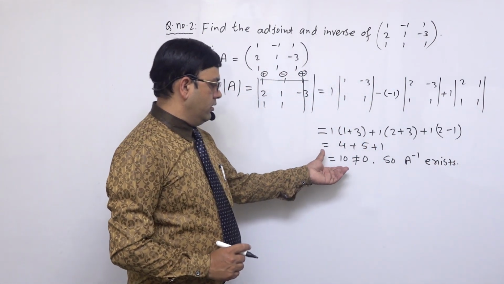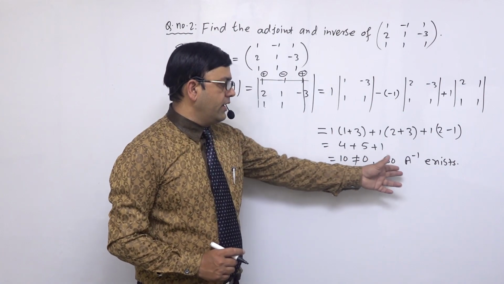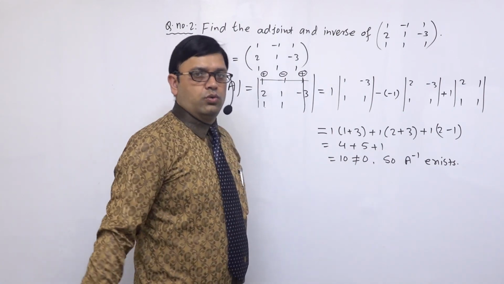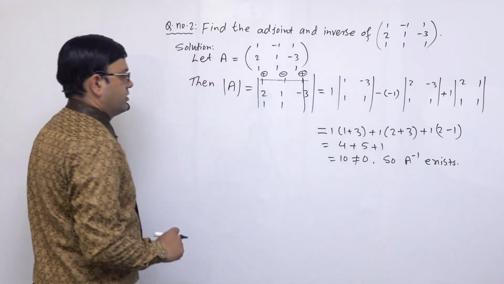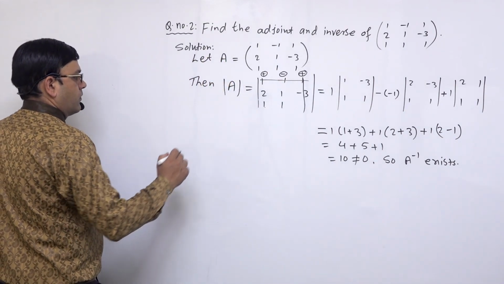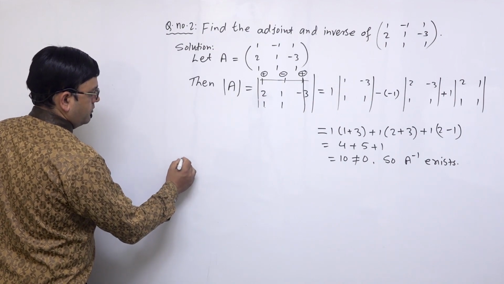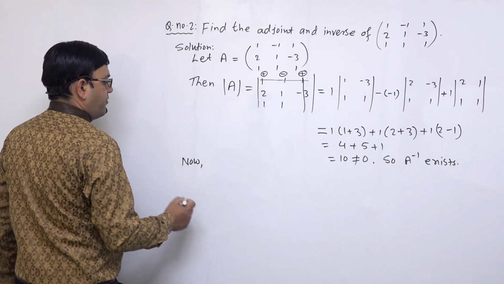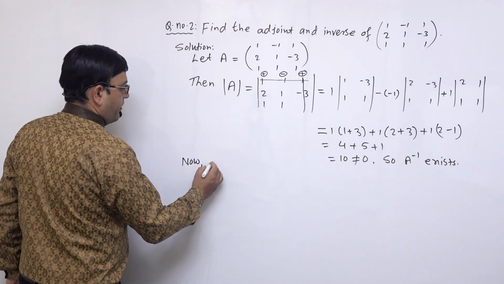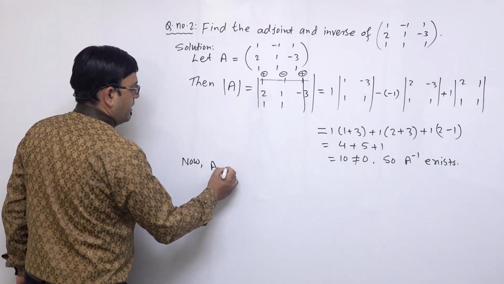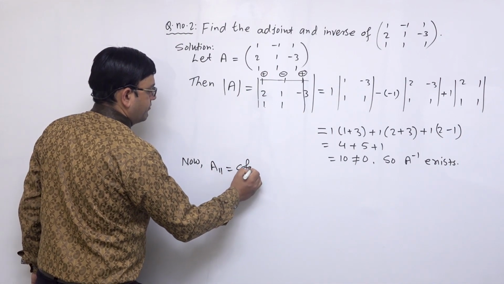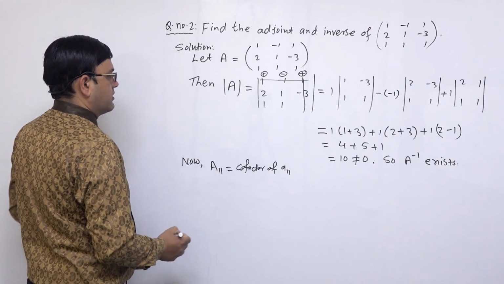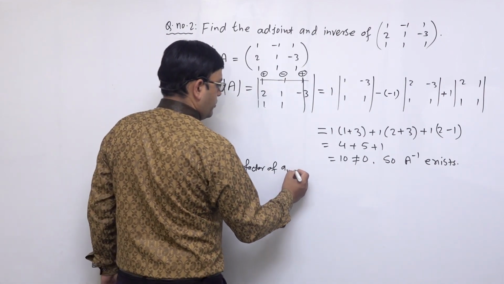If the determinant is 0, then A inverse does not exist. There is no solution. So A inverse exists. Now we have to find the cofactor of A11. Cofactor of A11 is equal to,